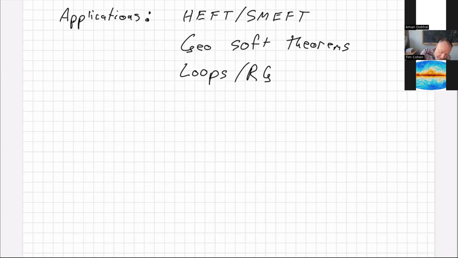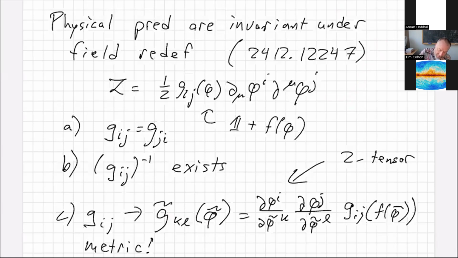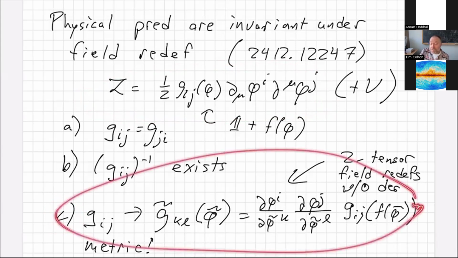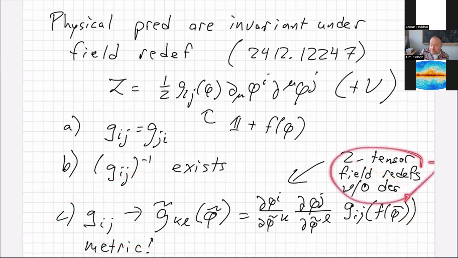But in all of these cases, we're always restricting essentially to this toy model of EFT, plus a potential. Okay, and something I haven't emphasized yet, but that's critical, is that this derivation here is assuming field redefinitions without derivatives. This covers a wide class of field redefinitions, but it doesn't accommodate field redefinitions that include derivatives, which of course